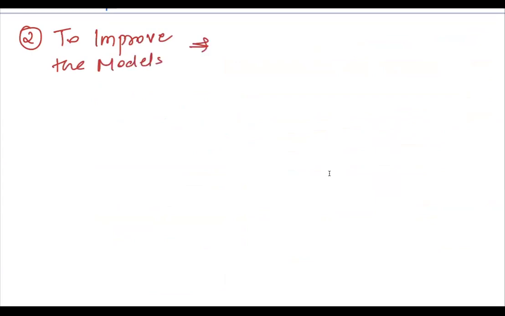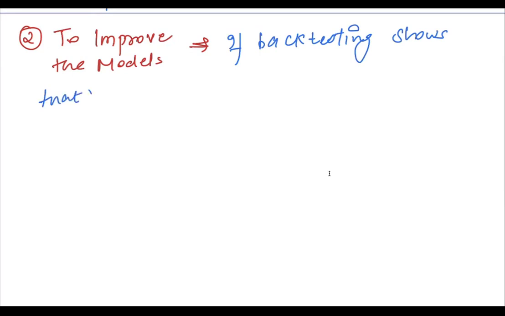So basically, if the backtesting of the model shows that the model is often wrong, then what will happen? It means that the model needs improvement. So we need to adjust the model so that it can help us understand what the future losses will be. If backtesting shows that the model often gets it wrong,